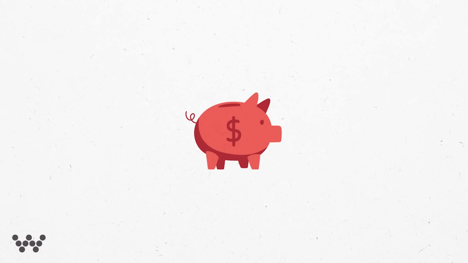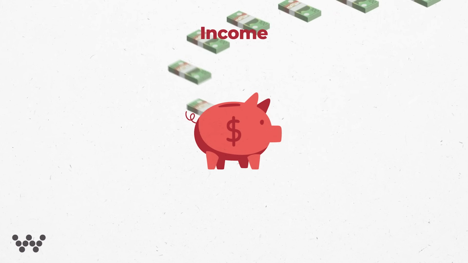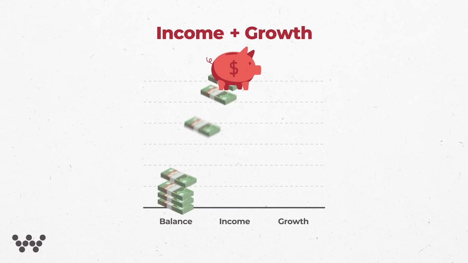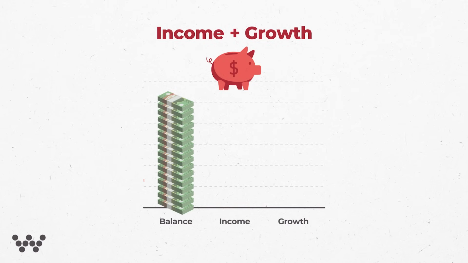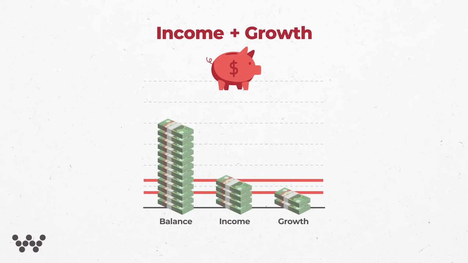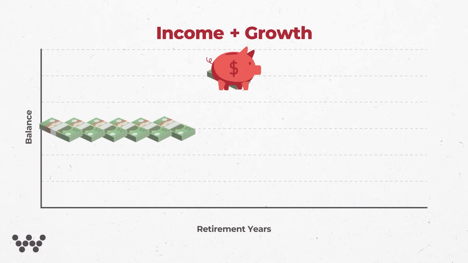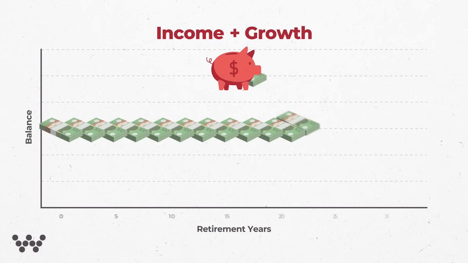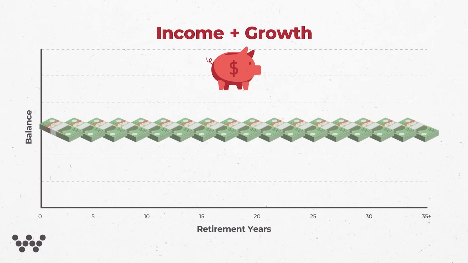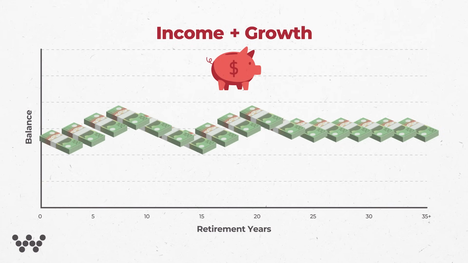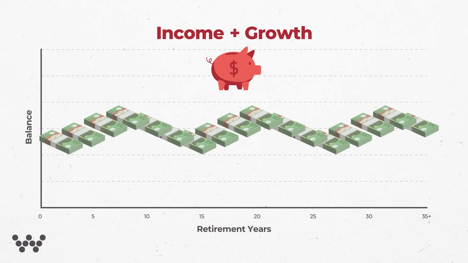And probably the final one, and something we've covered in a separate video, is that too many people invest for income and not income and growth when they're starting to draw a pension. If you're investing for income, or if you're only investing in low risk investments, the risk is that the income you're drawing is more than the income and growth that you're producing, and therefore your money is going to run out quicker. So once you start that pension, longevity and growth matter, and as we've talked about, retirement can be anywhere from 20 to 35 years for the majority of us. So the key there is always investing for both income and growth and balancing those to make sure your money outlasts you.